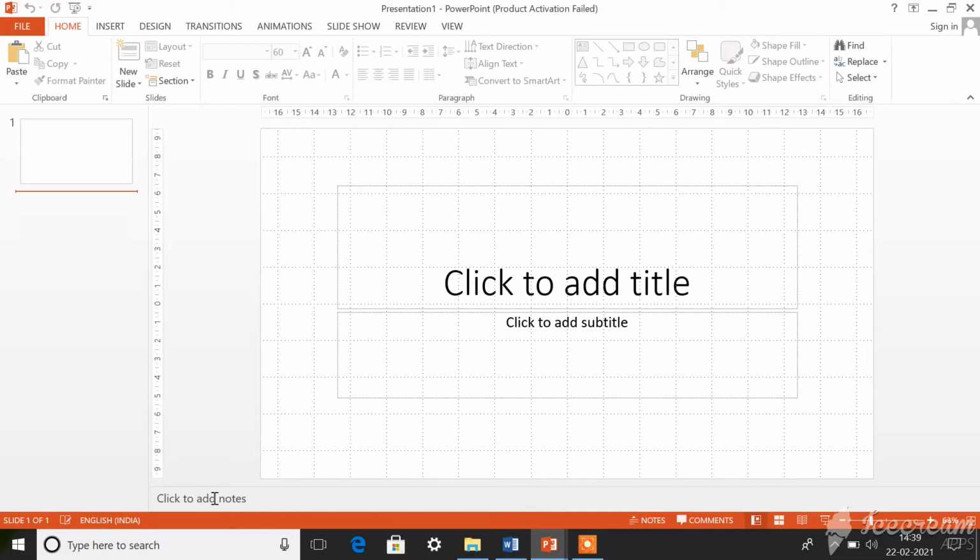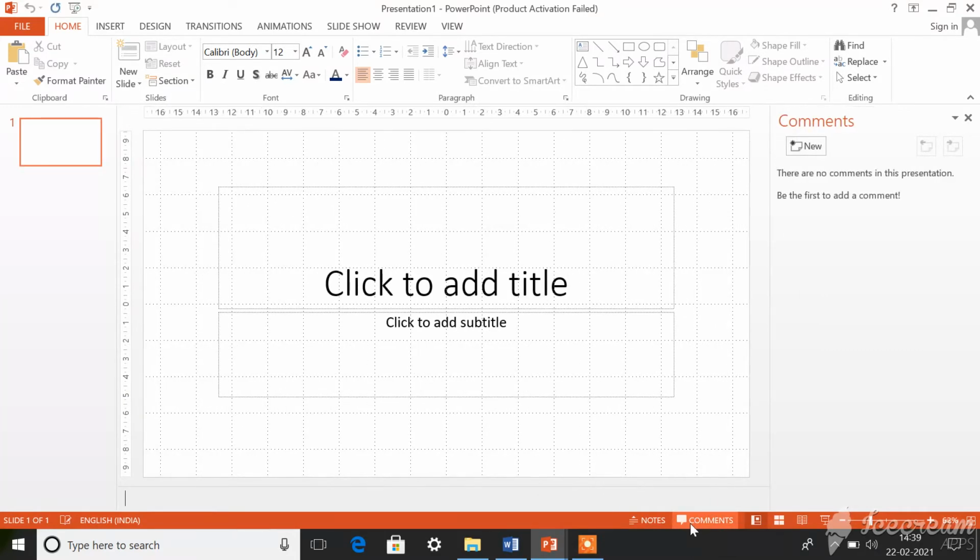Then you have notes. You can create short notes about a current slide in this particular area. Here you can type and save. So this will be helpful in order to understand a particular slide more and more. Okay, so this is notes area, and you also have comments. See in this lower corner, next to notes there is an option called comments. When you click that, in the right side you can see comments option. If you want to insert comments regarding a particular slide, you can use